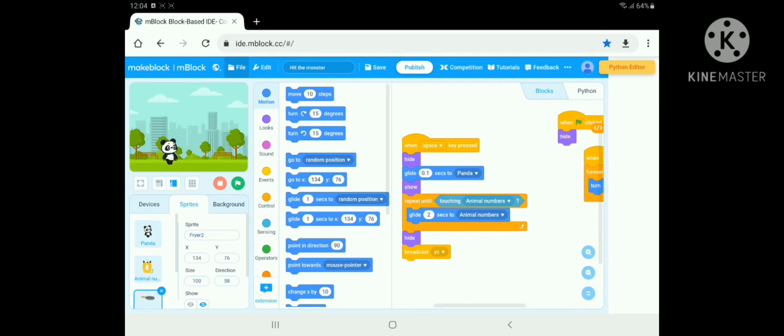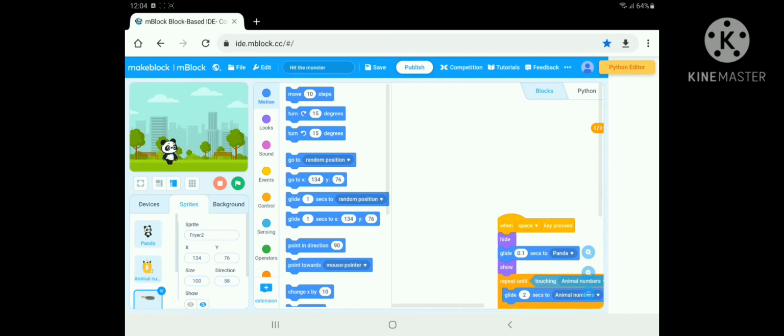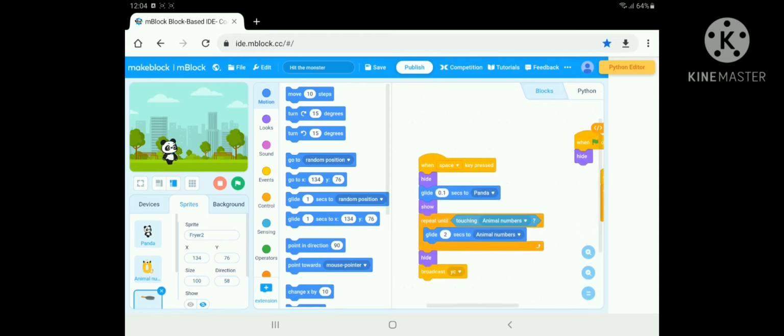So you have to log in like this first. This is the first thing, because if you code any programs or anything like this, you have to save your projects or programs. So you need to sign in. I have told you how to sign in, so you can do it.